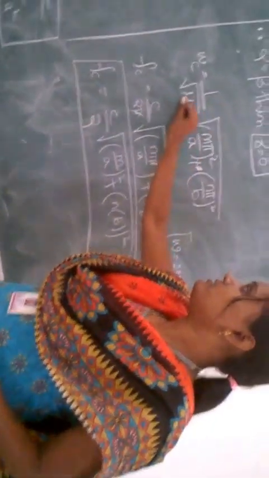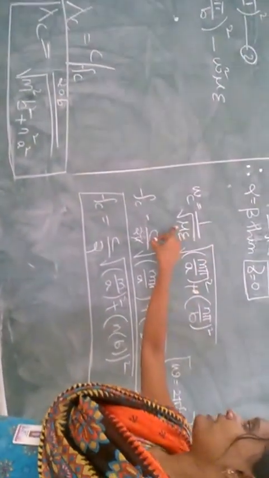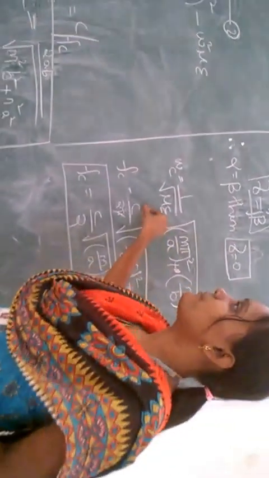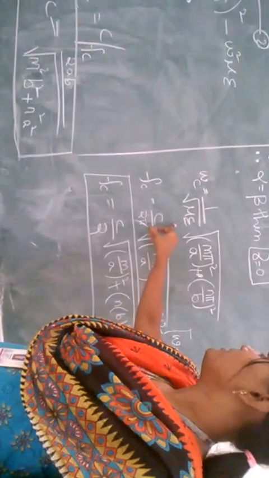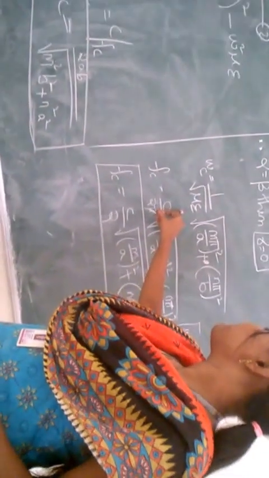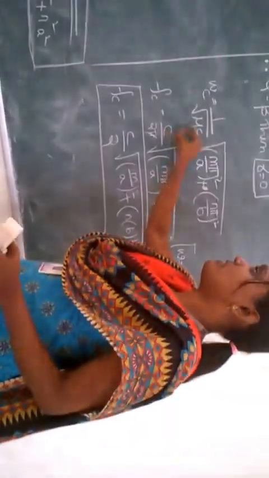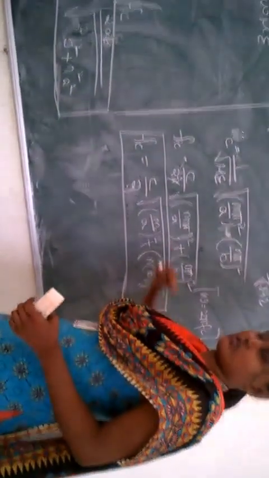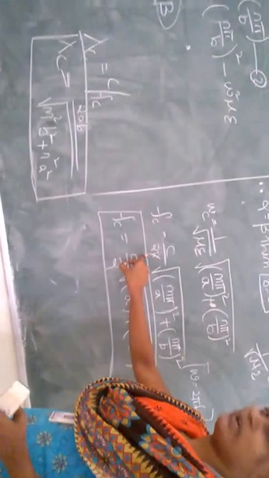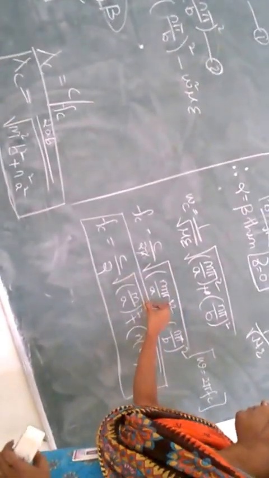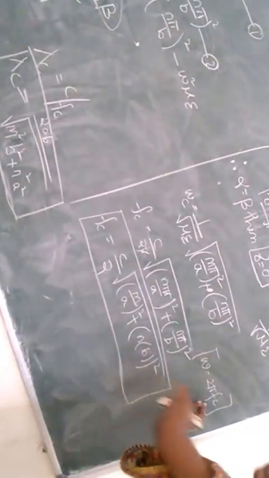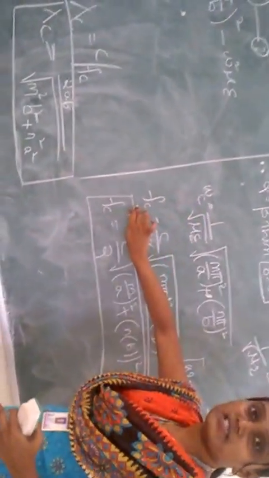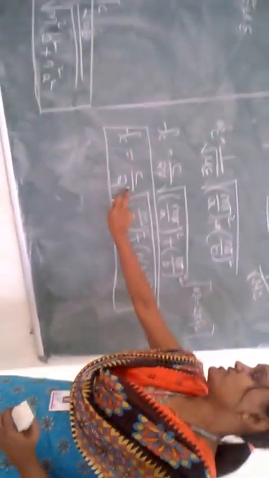Frequency. Omega c equals 1 by root of mu epsilon, times root of (m pi by a) whole square plus (n pi by b) whole square, from the equation. Omega equals 2 pi fc. So we are finding fc. This is the angular frequency, this is the frequency. Then fc equals c by 2 pi.